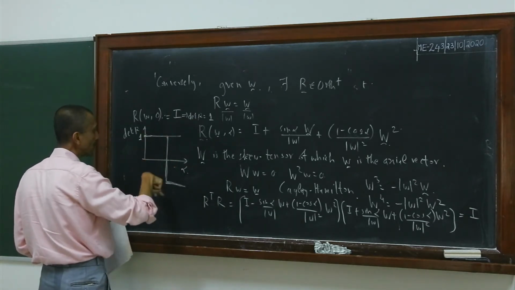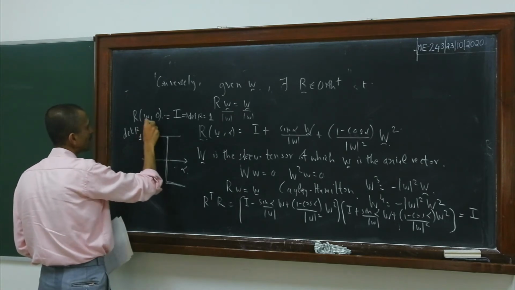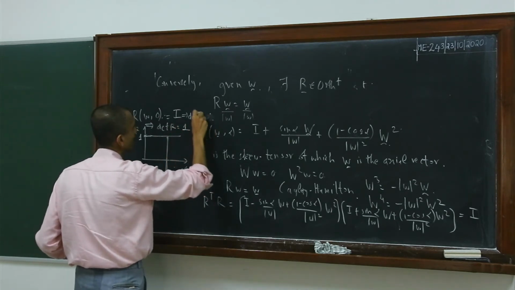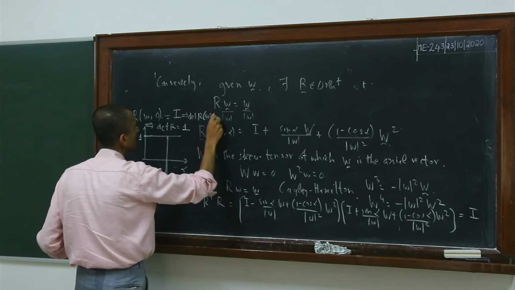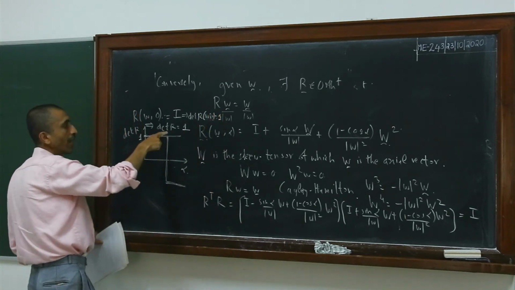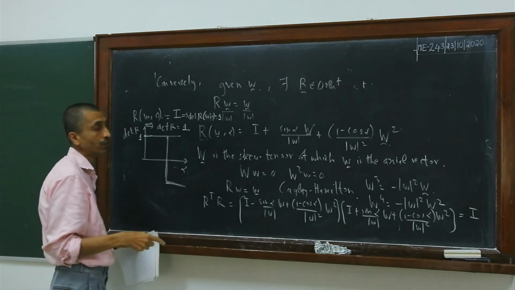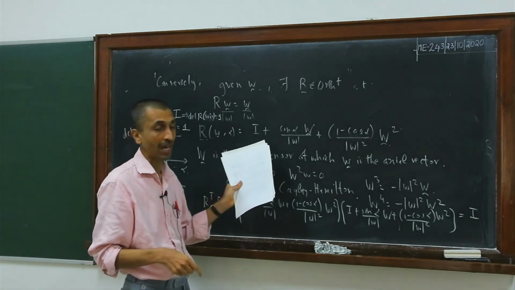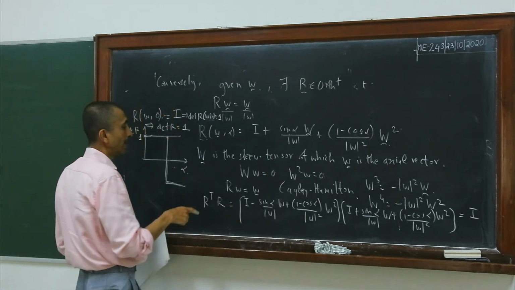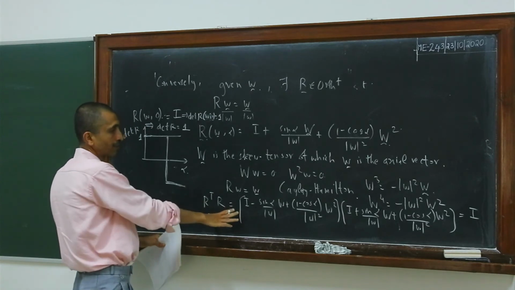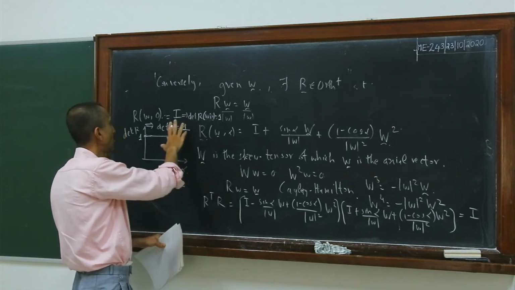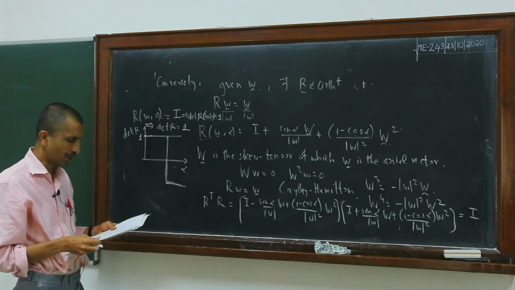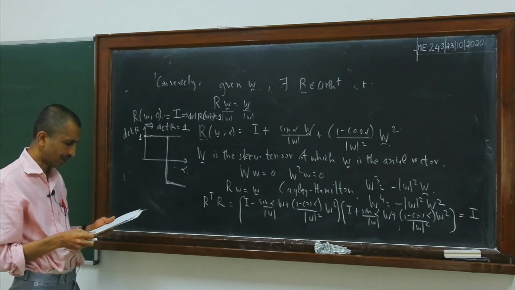So using this continuity argument, we can now say that determinant of R is equal to plus 1. Here, determinant of R for W comma 0 is equal to 1, but because of this continuity argument, it holds for all alpha. So what we have shown is that even for arbitrary alpha, the determinant of R is equal to plus 1, and hence it is a proper orthogonal tensor. First we showed that it is an orthogonal tensor, then we showed that the determinant has to be equal to plus 1. From these two things we can conclude that it is a proper orthogonal tensor.